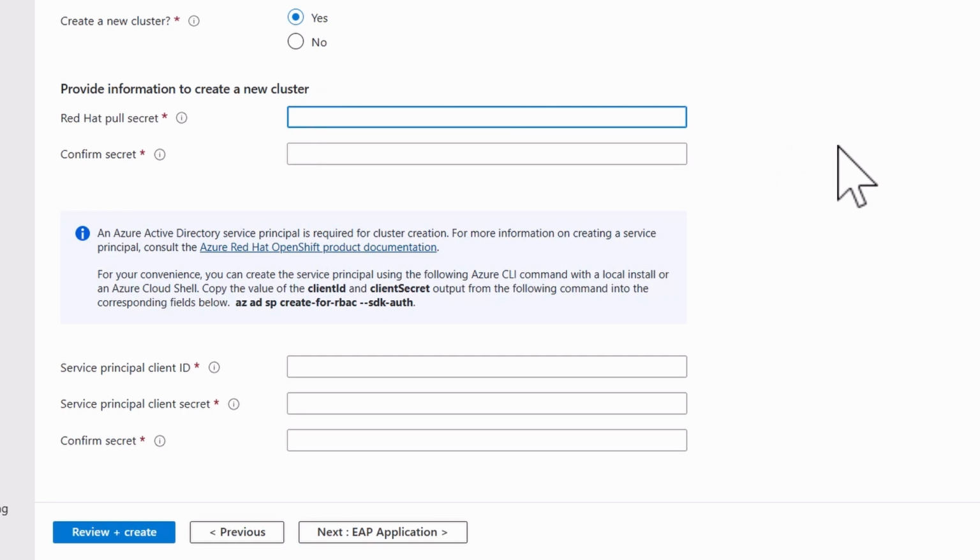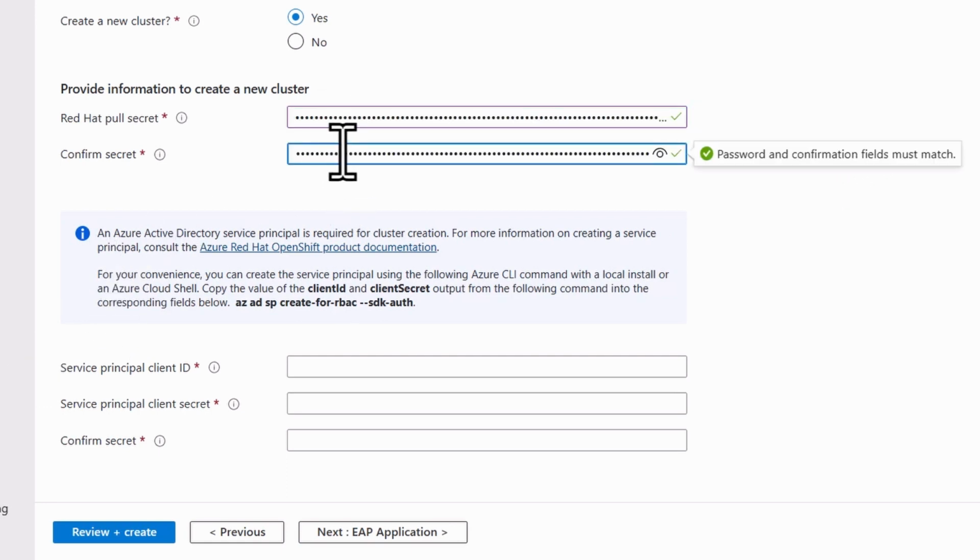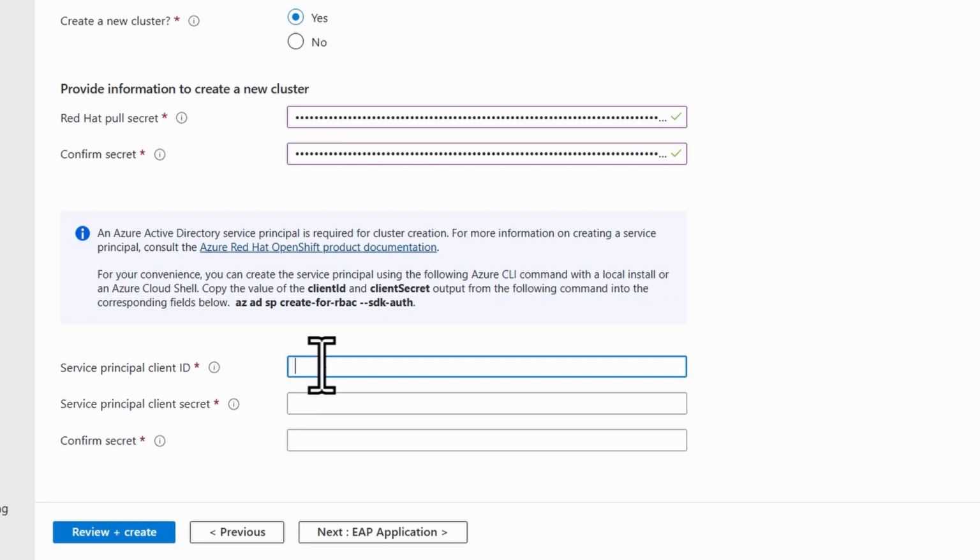Next, you set up your pull secret. That is a large text file that you're going to download when you set up your pull secret as part of the prerequisites. And then you're going to set up two things here, a client ID, it's actually an application ID, and a client secret. So we paste in the client ID